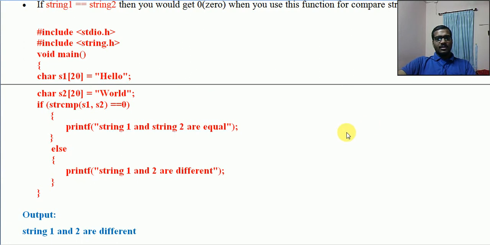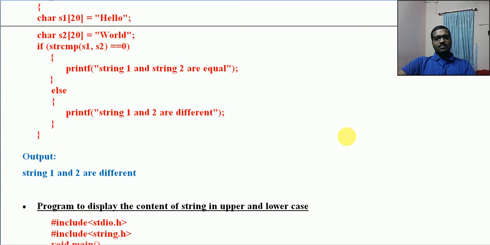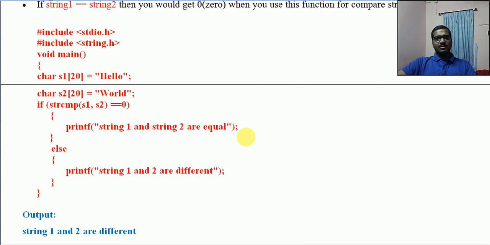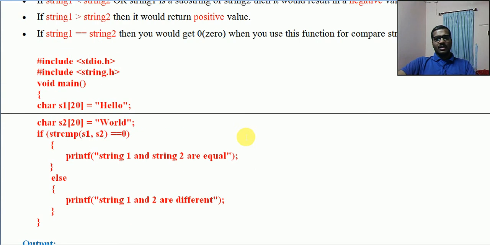Now strcmpi, I have not given any example for that. It is working on the same format. Only thing is it is checking for case also. Here strcmp is exactly checking the case, but strcmpi is the same format, with positive, negative and 0.